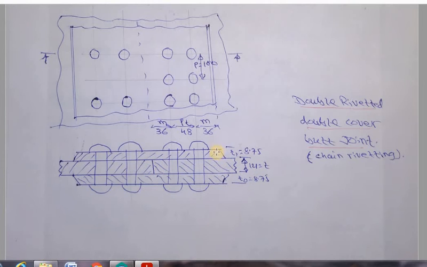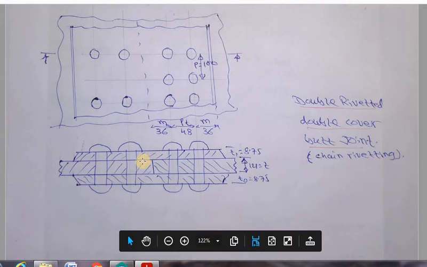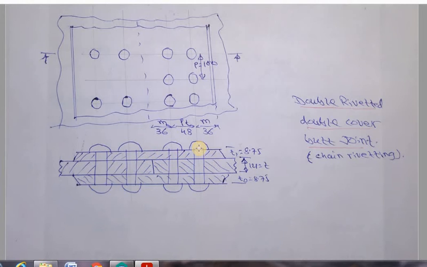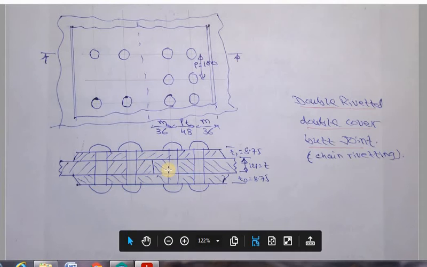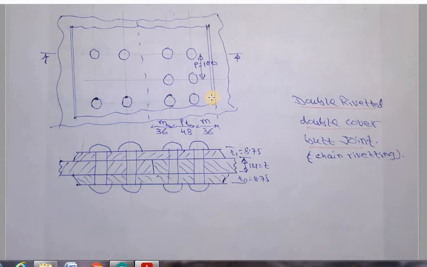Of 14 mm thickness. One cover plate at the top, 8.75, one cover plate at the bottom, 8.75. In this parent plate, if you take the right side plate, there are two rows. One is this row, another is this row. From the edge of the plate, both have the same width. So the bottom plate width and top plate width are the same. This is the cover plate on the top, and the bottom will be the same.